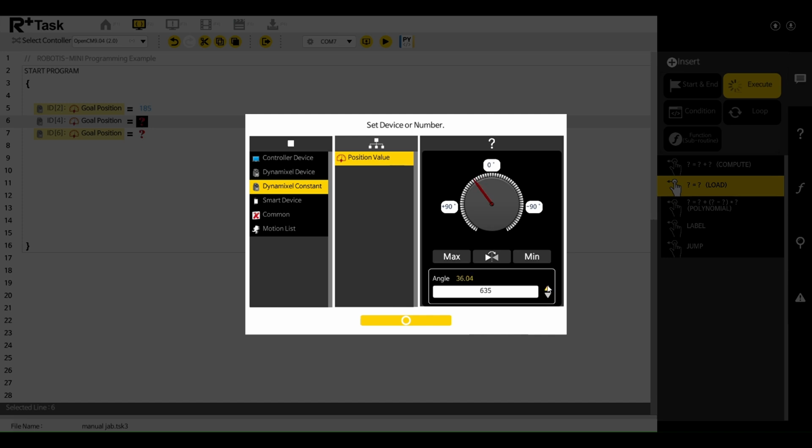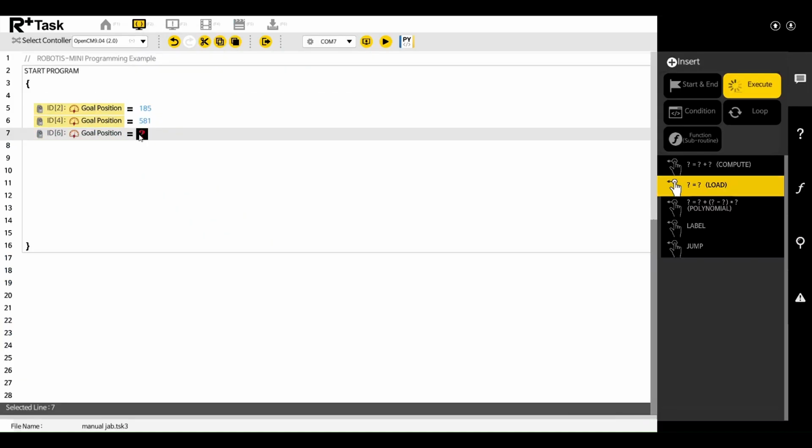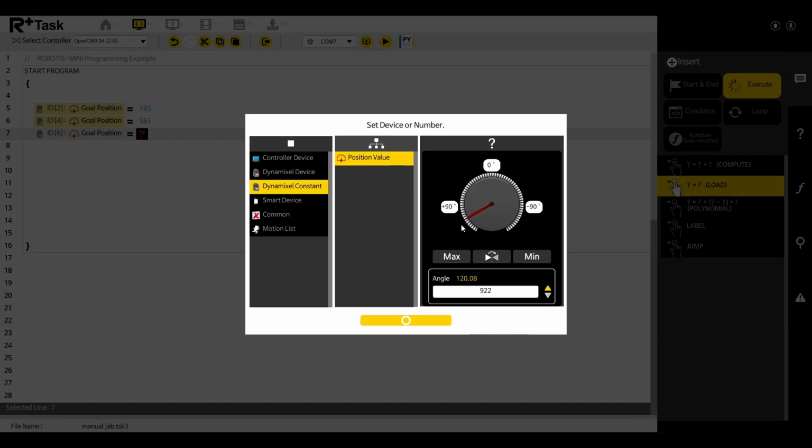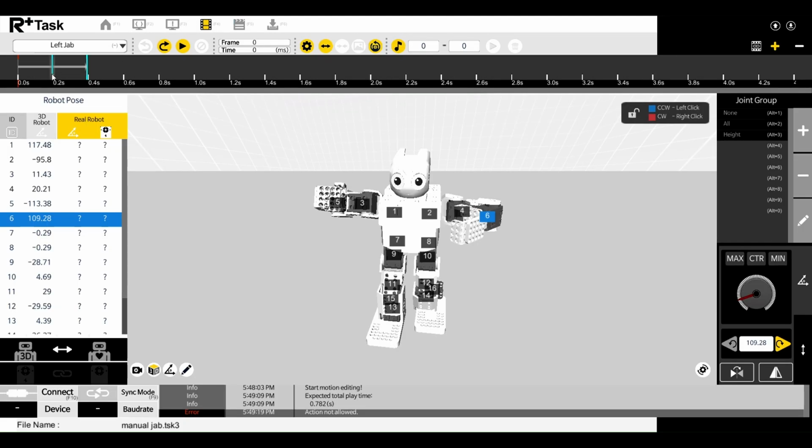I want 20.21 degrees. It's represented as an integer as 581. And we can also do the same for the sixth one. So for the sixth one, it has an angle of 109.28 degrees. So if we move that here, it would be 128.91 degrees. Okay, so this is basically just setting up our first keyframe, and so when we run it, the